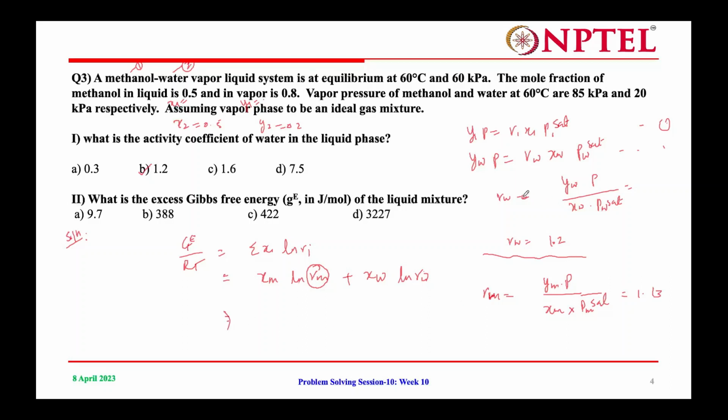Now we have the activity coefficient for the water and methanol, and all the mole fractions are given. Put all the values in this equation and we get this GE by RT. Here we also need the Gibbs free energy. The temperature given is 60 degrees Celsius. GE by RT is equal to 0.1523. So GE is equal to